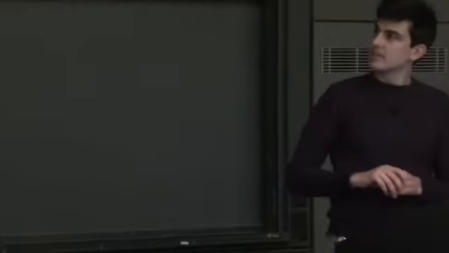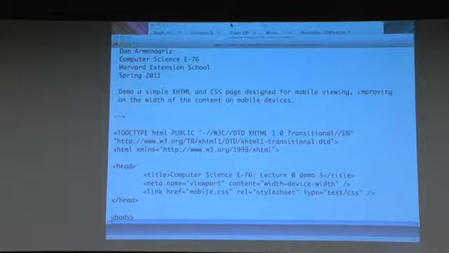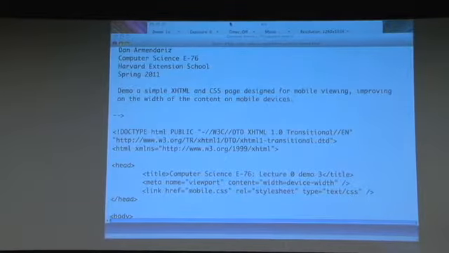So why are we linking to the CSS rather than embedding it? In this case, it is because the CSS isn't changing between some of the pages. This is sort of a do as I say and not as I do, but this is meant to be pedagogically easier so that you can see, okay, this page is running mobile.css, whereas another page, as we will see, is actually using a modified version, mobile2.css,